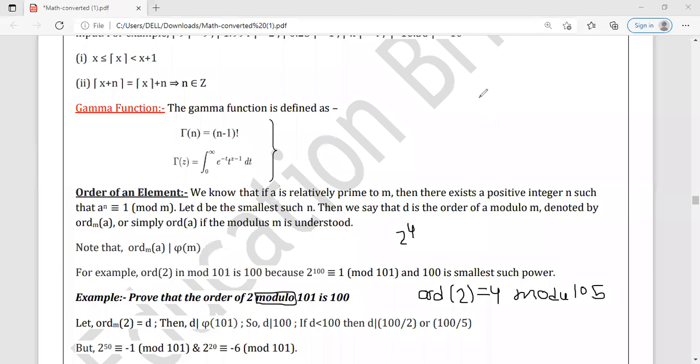So I will allow you now to unmute. If you have any doubt, you can ask me. All of you are allowed to unmute now. Please ask your doubts if you have any. If there is no doubt, you can write in chat that no. Respond to everything because I want interaction in the class. Okay, so no doubt.